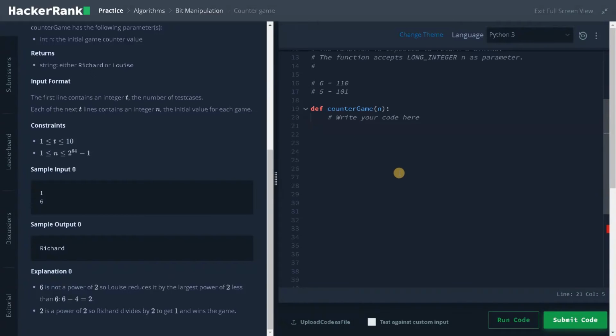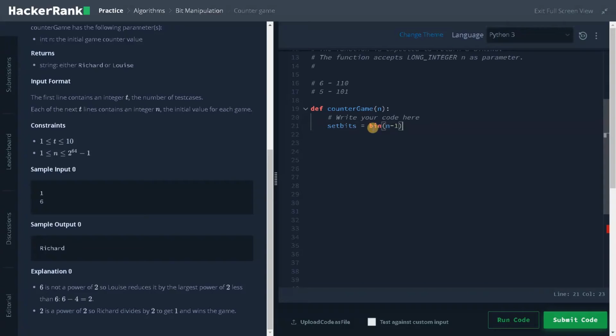So let's do the logic now. Maybe for the sample test case I will show you some examples by printing it. Initially we have n. First we are going to find the set bits. So set bits equals binary of n minus 1.